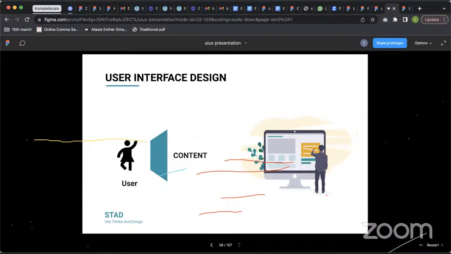One of the things that I use in understanding certain things is by looking at the smaller words. So we have user, we have interface. Who's a user? Someone that is using something. And we have interface. So user interface designs are those designs that a user can see. They are those arrangements of the layouts, those things created that a user can see. So there is a user and there is a content. The one that the user can see is called user interface design.